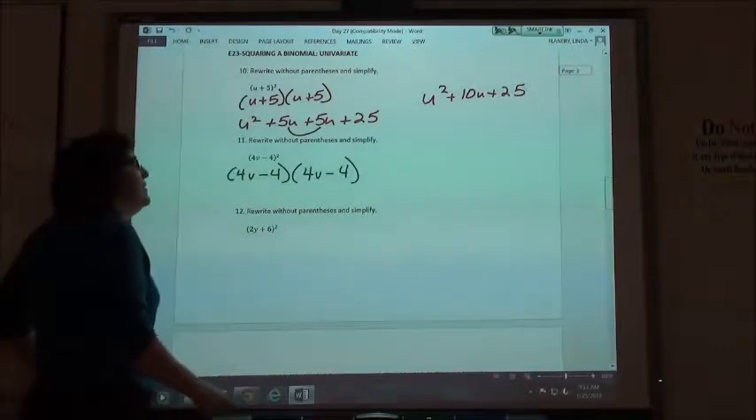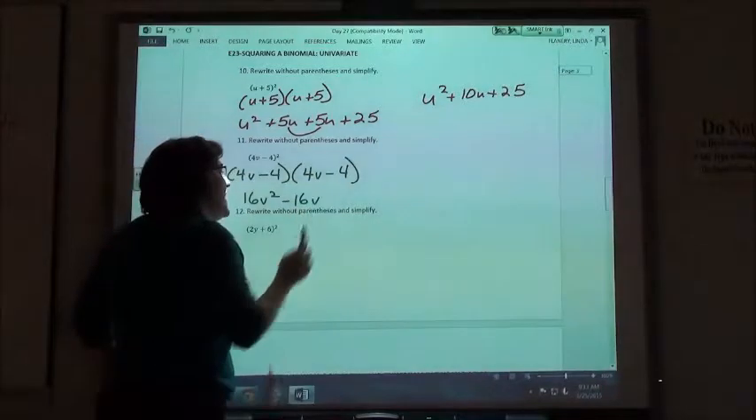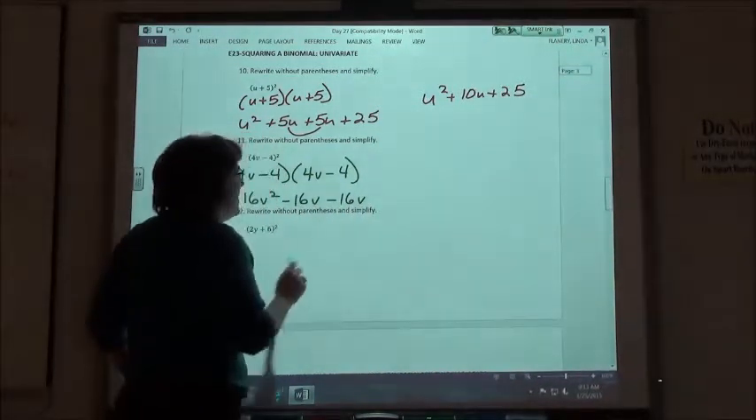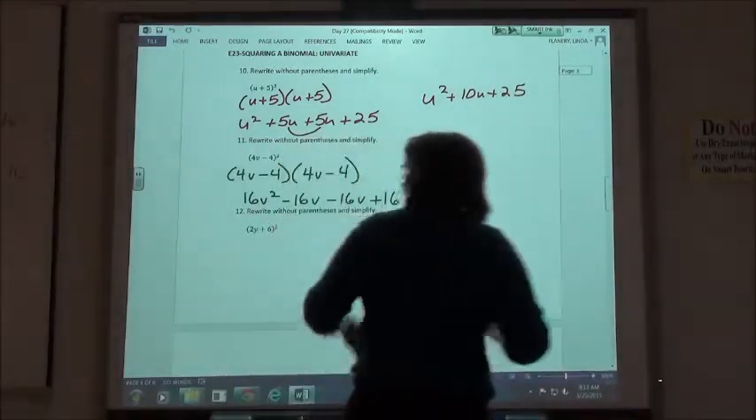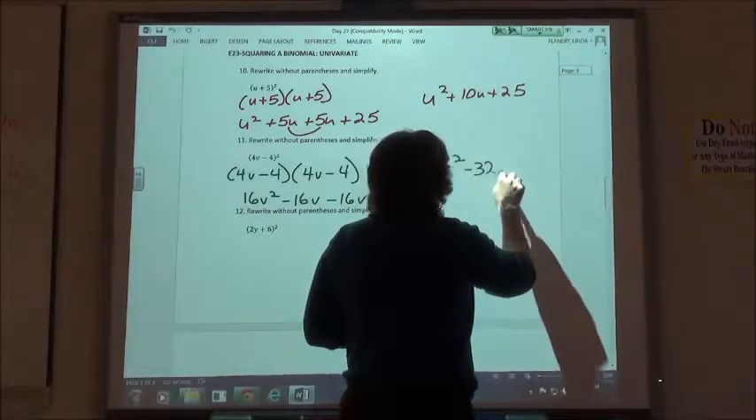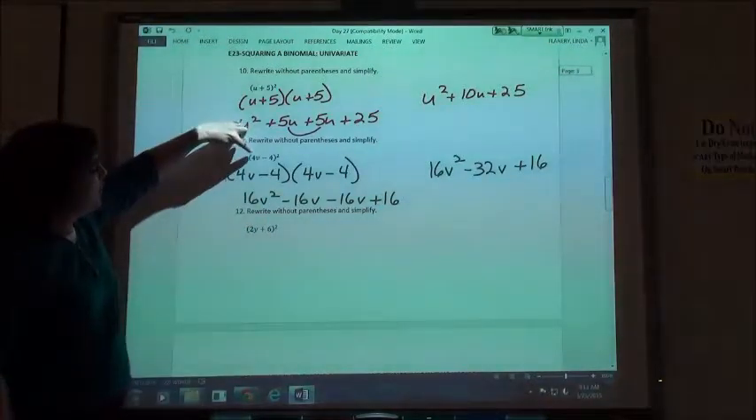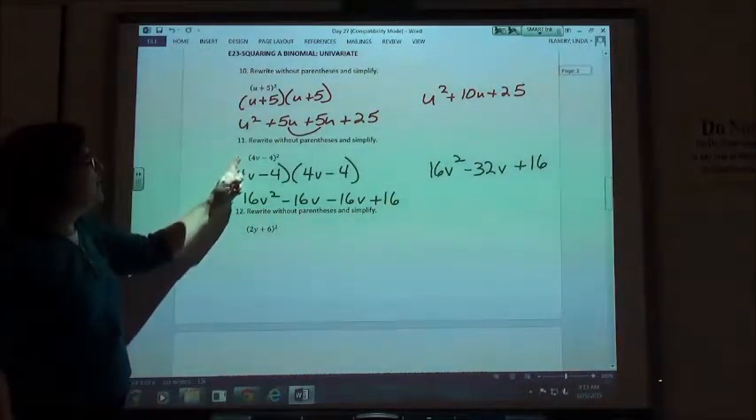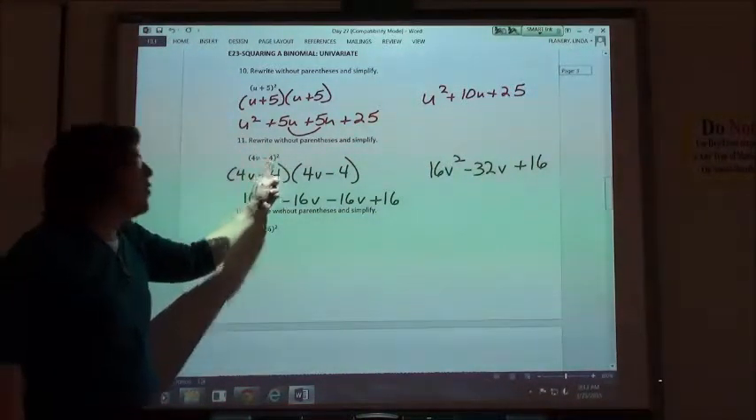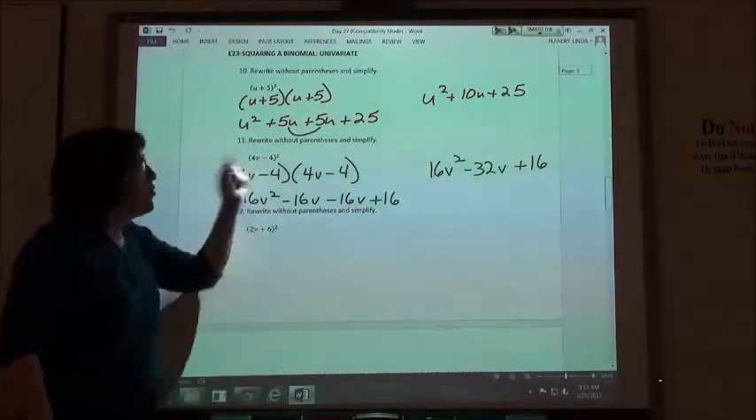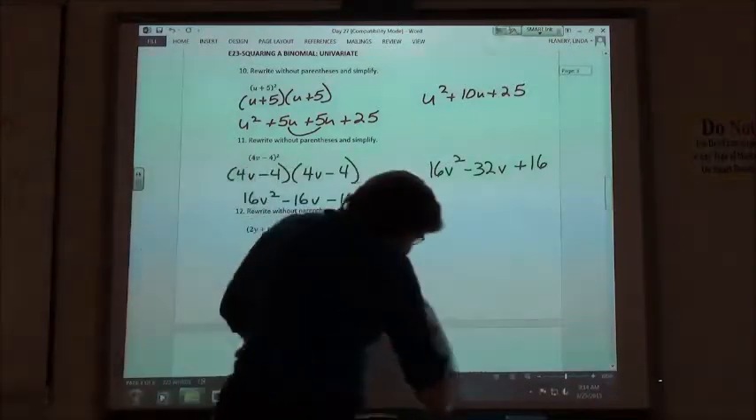So I would get 16v squared minus 16v minus 16v plus 16. So my answer, 16v squared minus 32v plus 16. So if I square the first, I get 16v squared. If I take 2 times the 4v, it's 8v. 8v times a minus 4 is the minus 32. And then squaring my negative 4, I get a positive 16. I think people mess up on their signs when they do that, but that's what they're going to tell you